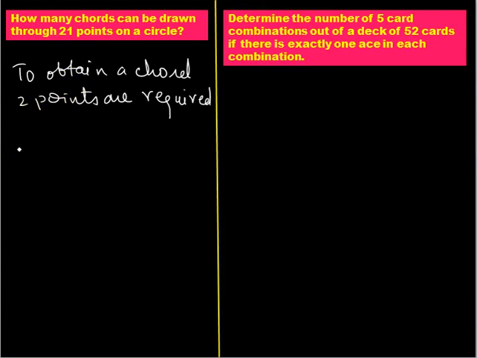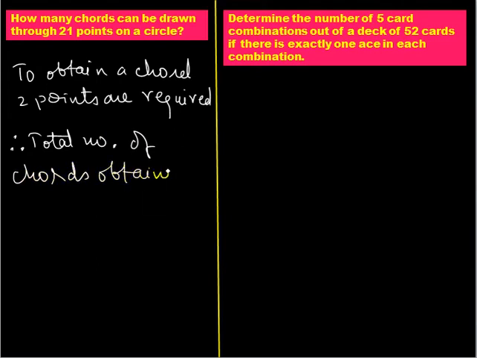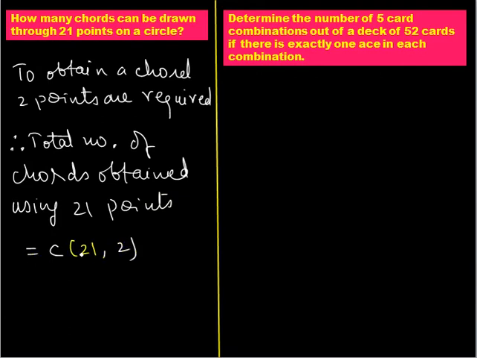So this can be done in, therefore, total number of chords obtained using 21 points. This will be equal to C21, 2. So 2 points out of these 21 are going to result into a chord. So this consists of all possible chords which can be made by taking 2 points at a time out of